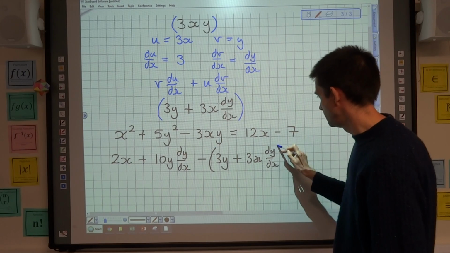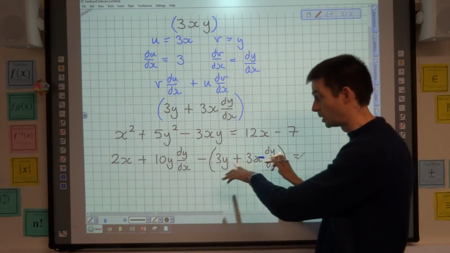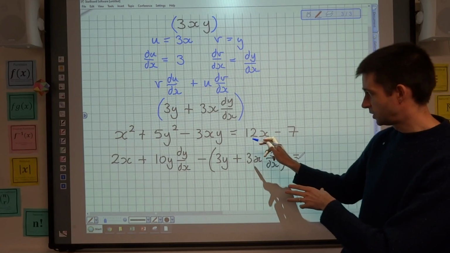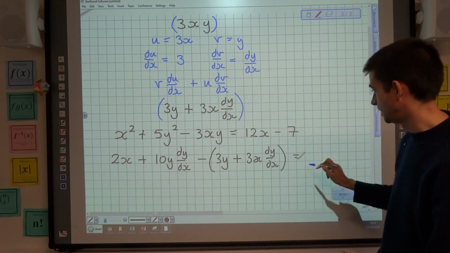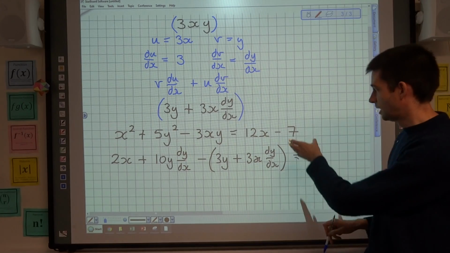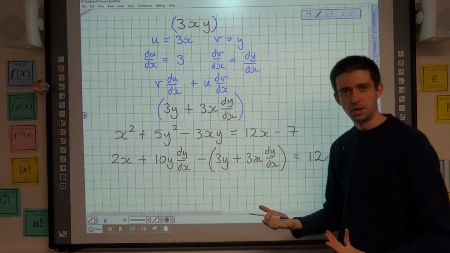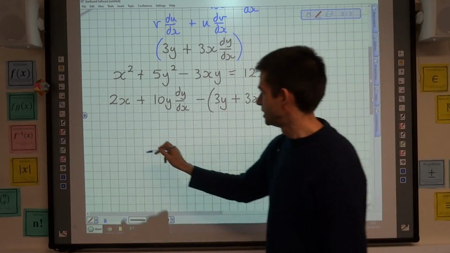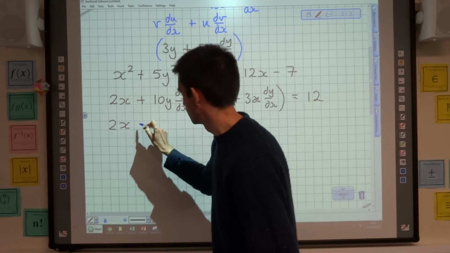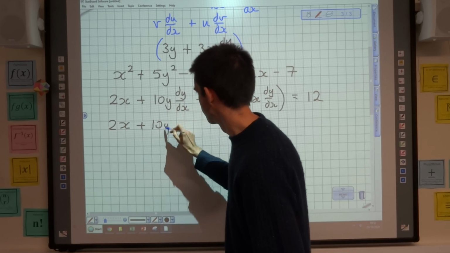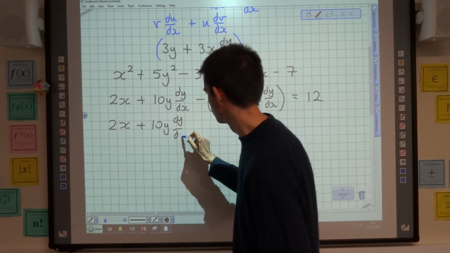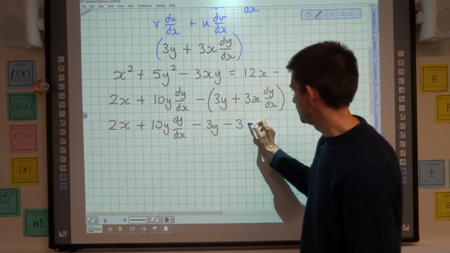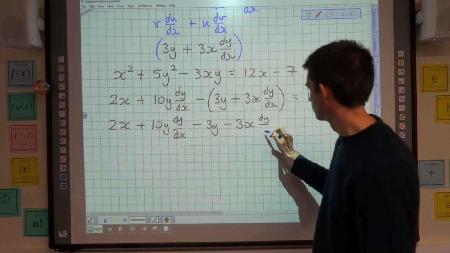And it's important that I use that bracket because I'm subtracting both terms of this, and I'll deal with that in a moment. Looking at the right hand side then, if you differentiate 12x in terms of x, it's just 12. And differentiating negative 7 is 0, as when we differentiate constants. So let's just tidy this up a little bit then. We've got 2x plus 10y dy dx minus 3y minus 3x dy dx